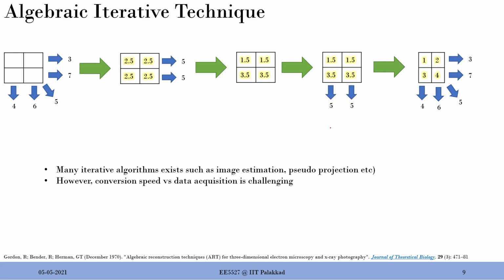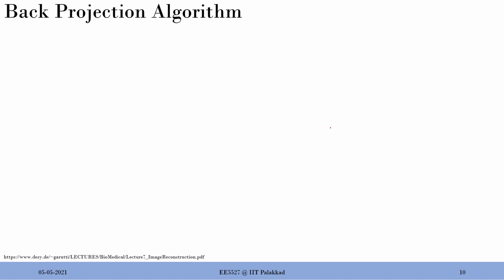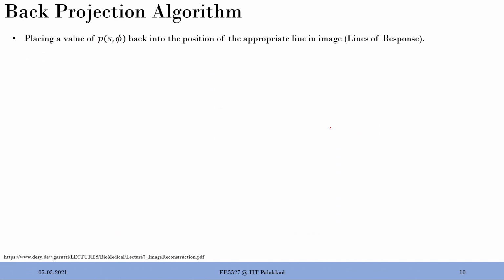Okay, so let's move on to something more realistic, and that's what is typically known as the back projection algorithm. A very, very interesting algorithm, and as the name suggests, it is like back projection. Forward projection was something like you compress the 2D space into a 1D detector line, for example, right? Now you need to convert that 1D space back to the 2D space, and that's why we call it back projection.